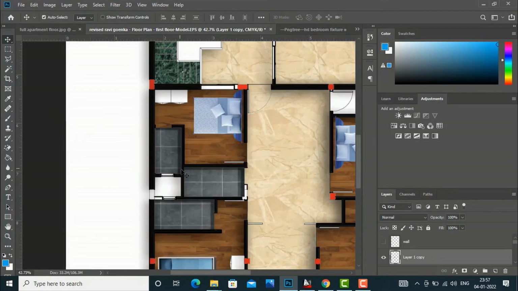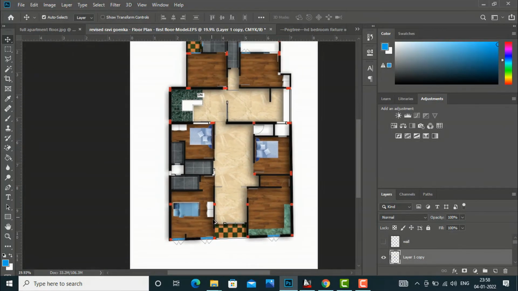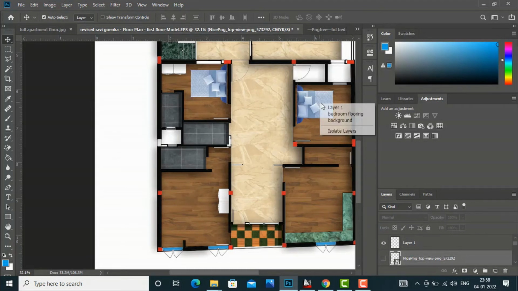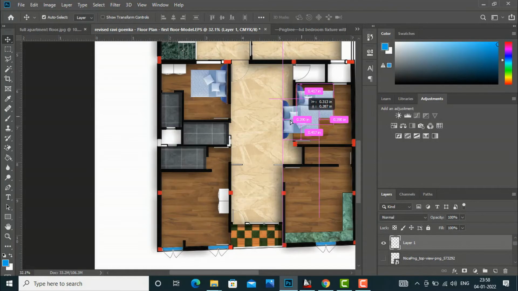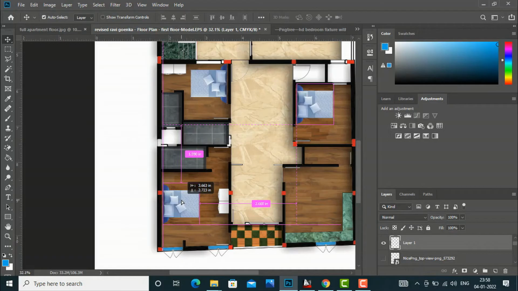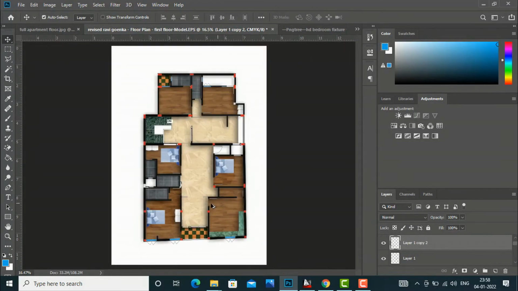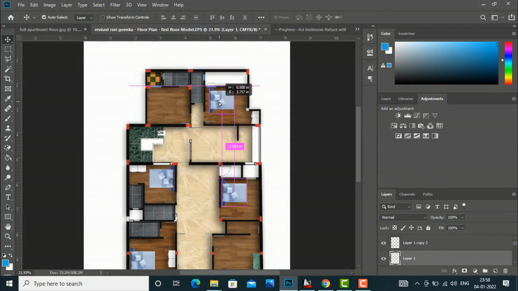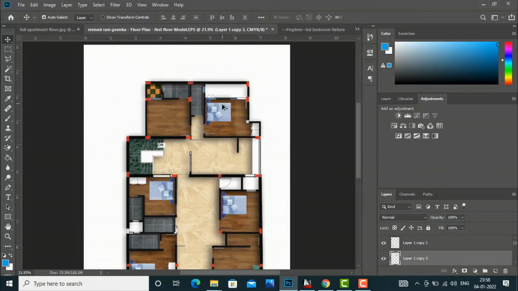It is placed in our room, and I will also remove this because this bed is very narrow and for single. So I will right click here and select this one, and press Alt and drag it to this room. So these rooms are ready, and again I will right click here and select this layer, press Alt and drag this to another room,